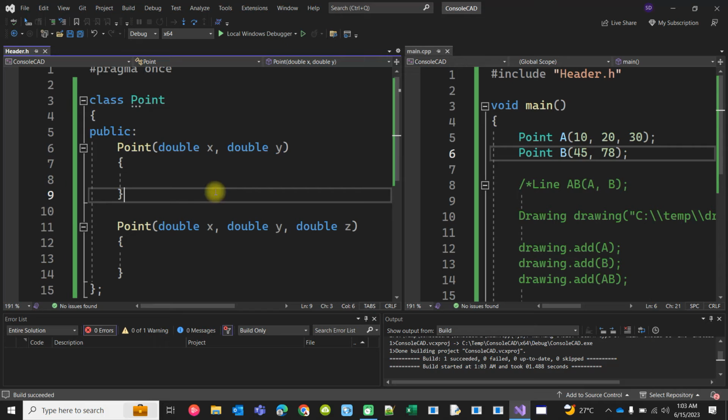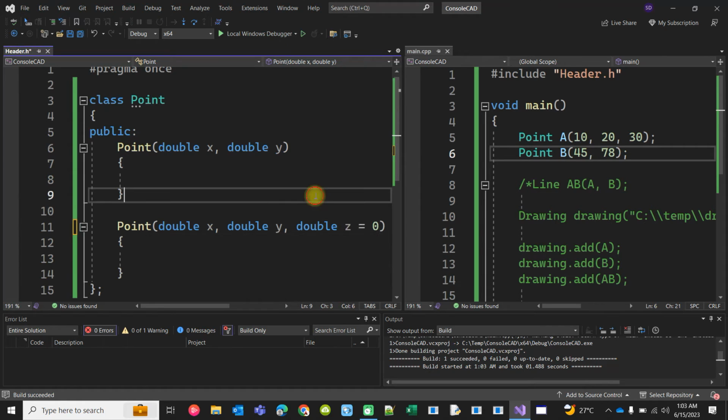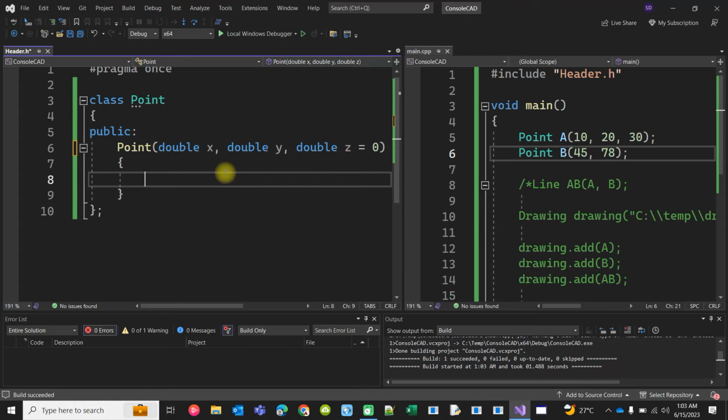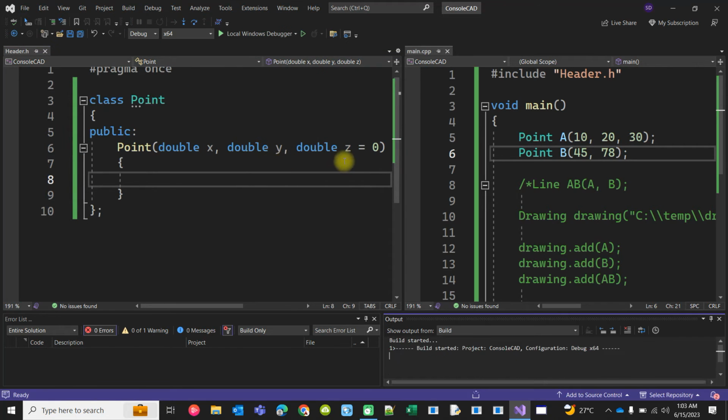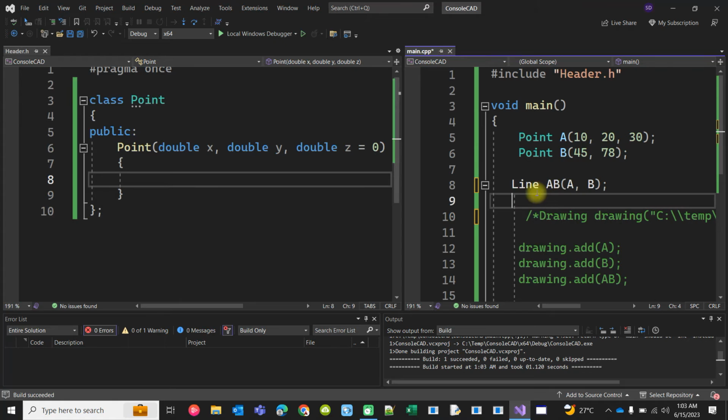Now instead of creating these two overloaded constructors, I can achieve the same thing with a default value for the z. So it means I don't need two constructors, only one constructor with the last parameter with default value 0 is enough. Now if I try to uncomment this line,